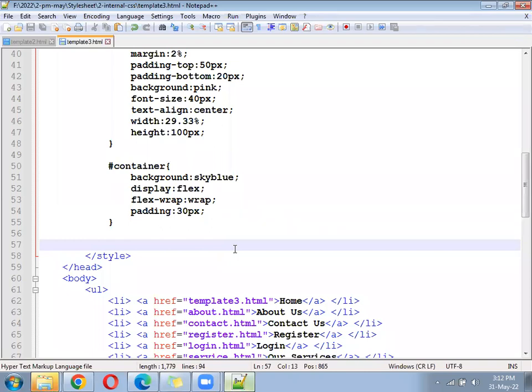That dot text, right? That dot text you don't need to add that.